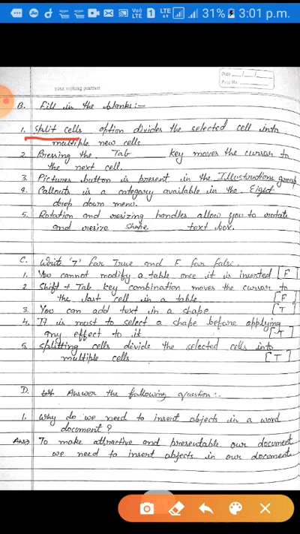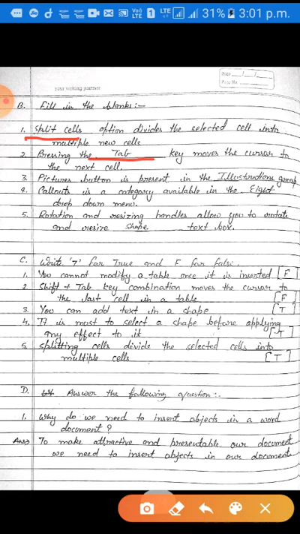Question number second is pressing the dash key moves the cursor to the next cell. Dear students, when you press tab key, then your cursor will be moved to the next cell. So pressing the tab key moves the cursor to the next cell.